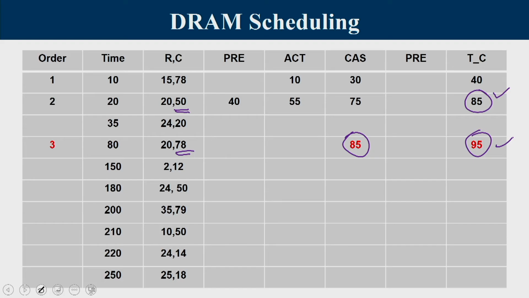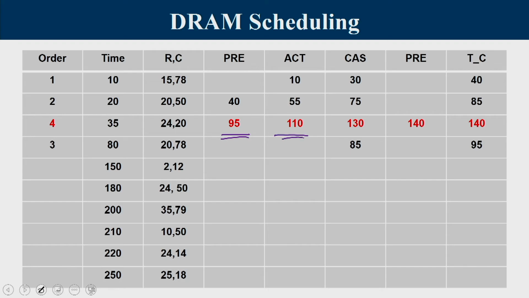Now we have to go to the new one. At clock cycle 95, only one request is pending, so there is no other way, we have to pre-charge. So that's the fourth one, we pre-charge at 95, it takes 15 cycles. So at 110 pre-charging is over, generate the activate signal, it takes 20 cycles more. At 130, activate is complete and the data is ready in the row buffer. We generate the cache signal at 130, by 140 it is over. And then the transaction is complete at clock cycle 140.